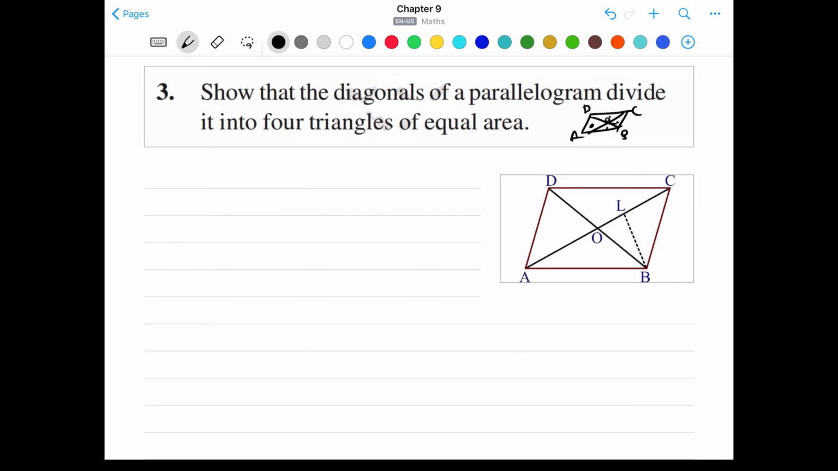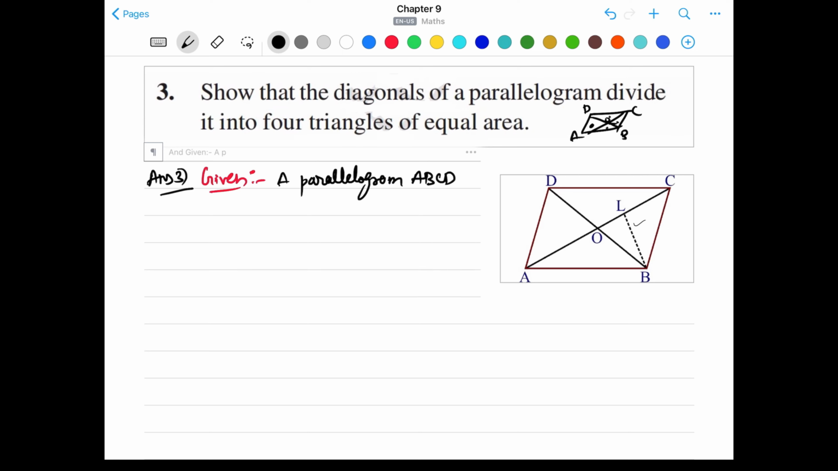We have parallelogram ABCD in which AC and BD are two diagonals, and what we have done here is a construction: we have drawn PL perpendicular to AC. Okay, so let's write the answer to number 3. First we'll write the given. Given is a parallelogram ABCD in which AC and BD are its two diagonals